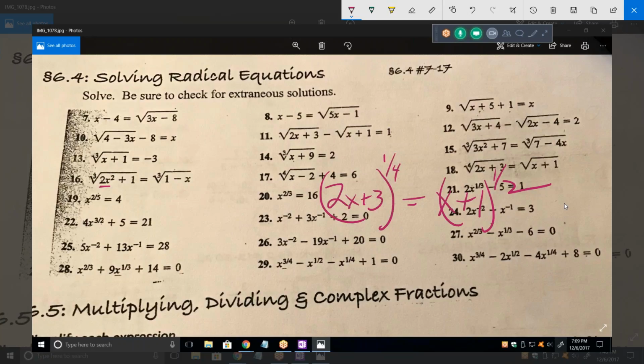By what? By 4 or 1/4, 2? 4. Yeah, if we did it by 2, we'd get rid of this 1/2 on the right side, but we'd still have a 1/2 on the left side, which means we'd still have a square root sign. Whereas if I do each side to the fourth,